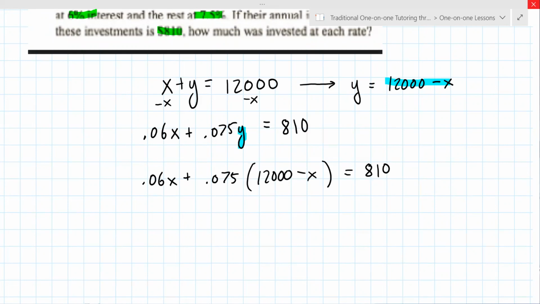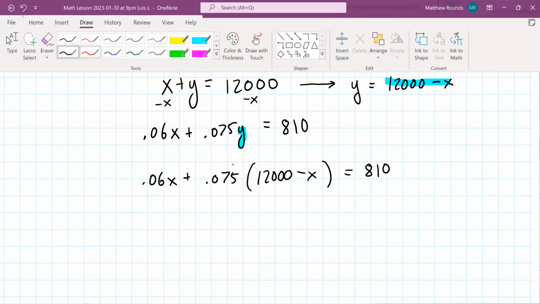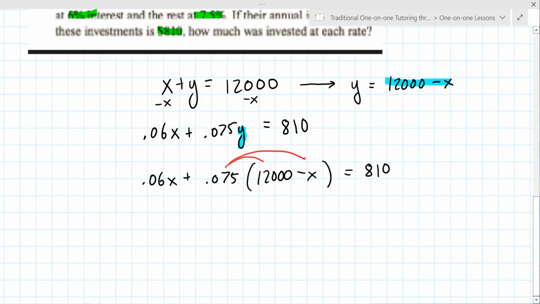So you go with the parentheses first? You distribute that 0.075 into both of these. And then, sorry, distribute. And then it ends up being 900 minus